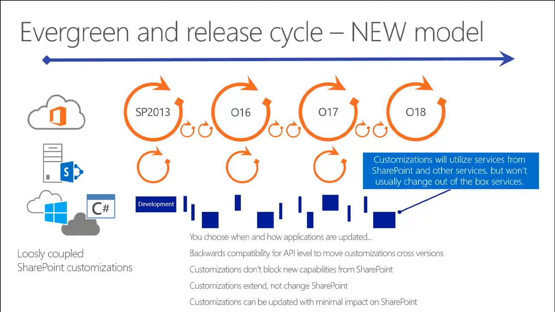Now, what that means for developers is that you can choose how and when your apps are updated. You can adopt the same strategy, programming against an evergreen platform. If you see an implementation where we've deepened the API, or there's a smarter way to write your app now because Office 365 is better about exposing itself, you can actually do that and deploy that. You don't actually have to wait for your customization or for a large drop of SharePoint into the cloud. Customizations don't block new capabilities from SharePoint, and I think that's important because we're in the app model space. We're running outside of SharePoint. And the goal is for you to be able to think about releasing features and functionalities in an accelerated fashion. And you don't have to wait for these big bang releases.